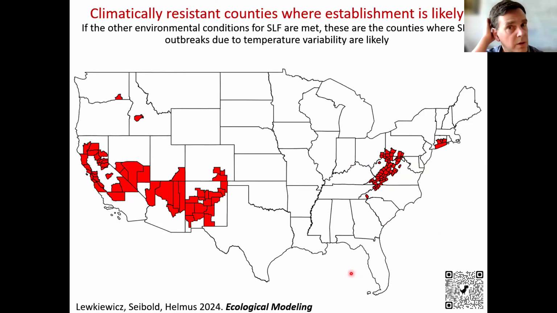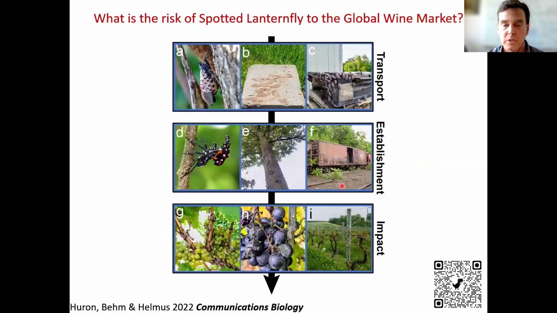So these are the different counties where we're seeing this type of climatic buffering. So in areas where there's desert, we probably won't see lanternfly surviving there anyways, because it doesn't really have the precipitation profiles or the water potential profiles there. But in areas like California, all these wine growing regions here, and there's wine growing regions here too, these are places where it's likely to see outbreaks due to this temperature variability that's increasing through time with climate change. And so finally, I want to talk about